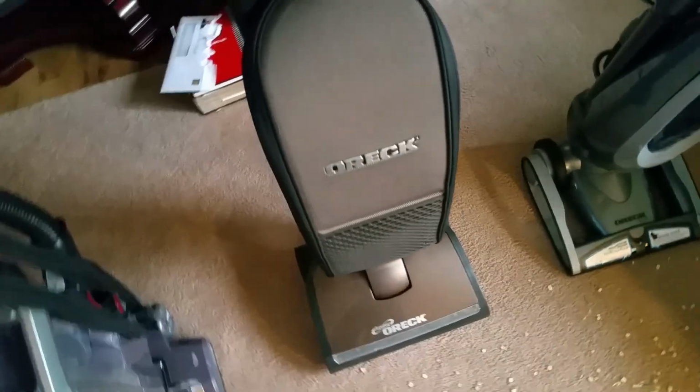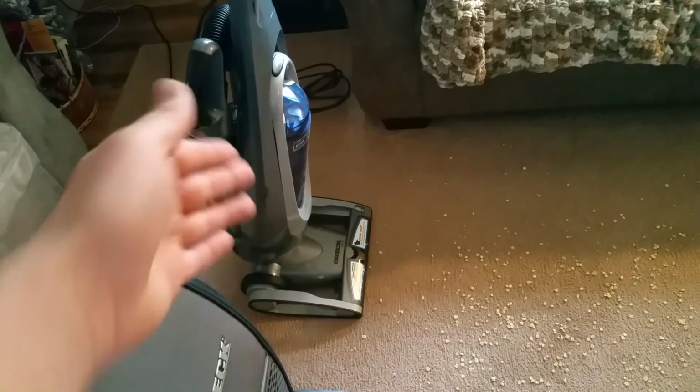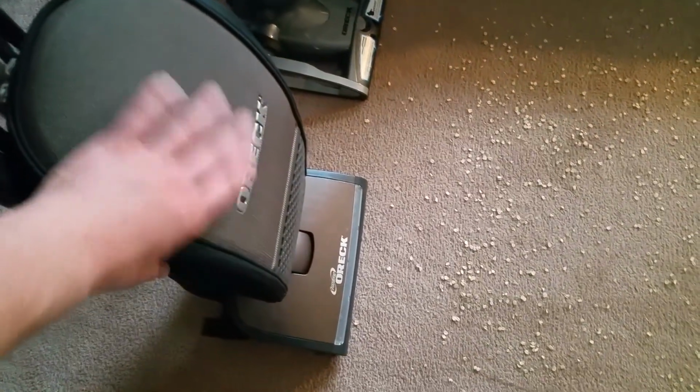This is my Oreck Edge. I just got this machine the same time I got the Touch. Just a couple days after did I actually get this. I like this machine. It's got a nice hard...